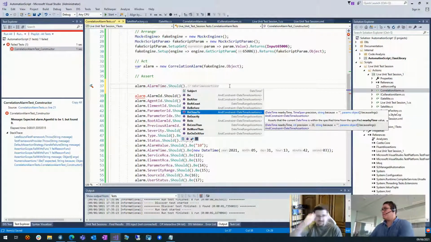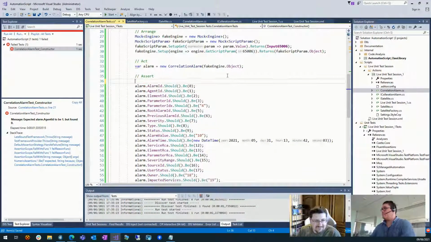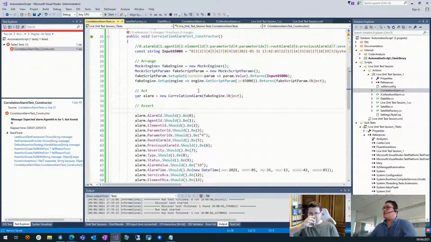So just a quick side note, this is a very cool tip if you're using these things. Now, let's get rid of that so everything is compilable again, buildable. This is our requirement sheet for the correlation alarm currently. And this will check the data. One extra thing maybe that could be interesting is that you can also check if the setup is actually being called. So for now, we made sure that we have the engine.GetScriptParam being mocked, but we also have the option to verify that that method is actually being used inside your code.